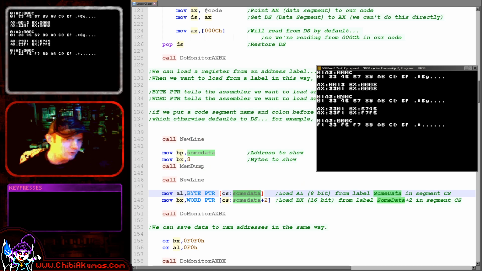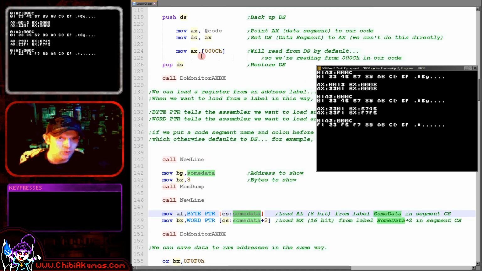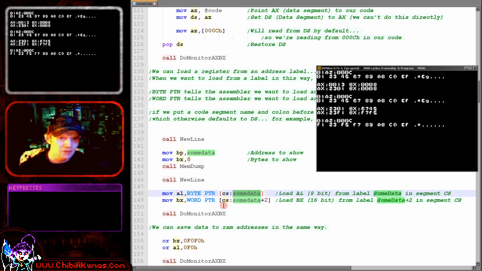It's not changed, of course, but what we're going to do then is read in some values into registers from those addresses by using the label. Now, this time, rather than relying on it automatically defaulting to the data segment, we're going to specify to use the code segment CS. The code segment is the current running program, and that's why we've got these default ones, and why the default is always the data segment, not the code segment. But we can override it by specifying CS code segment, colon, and then a label,